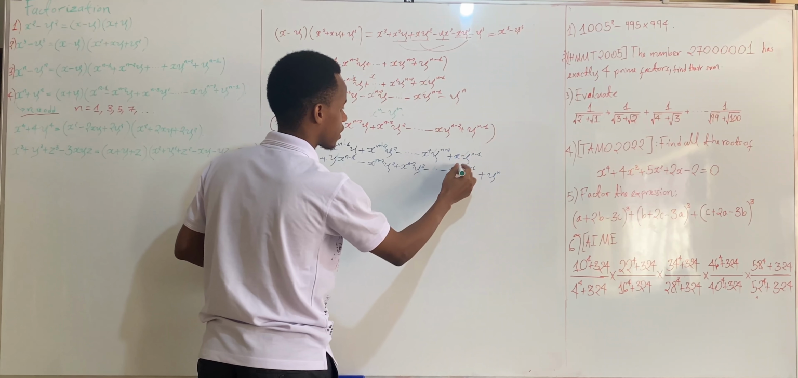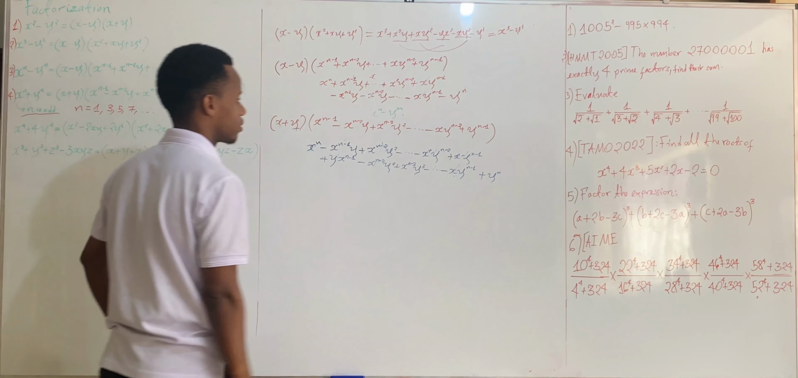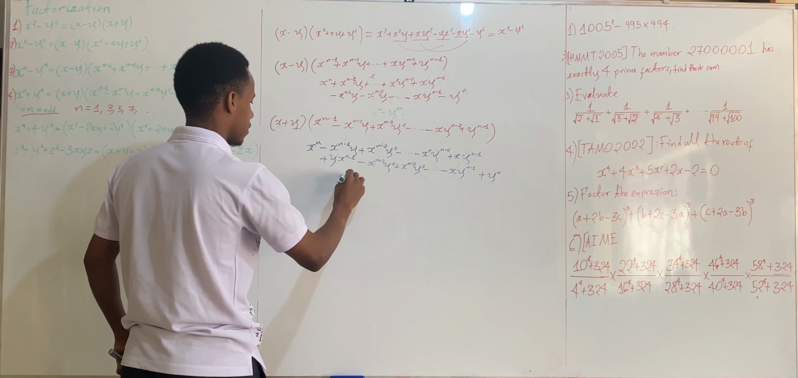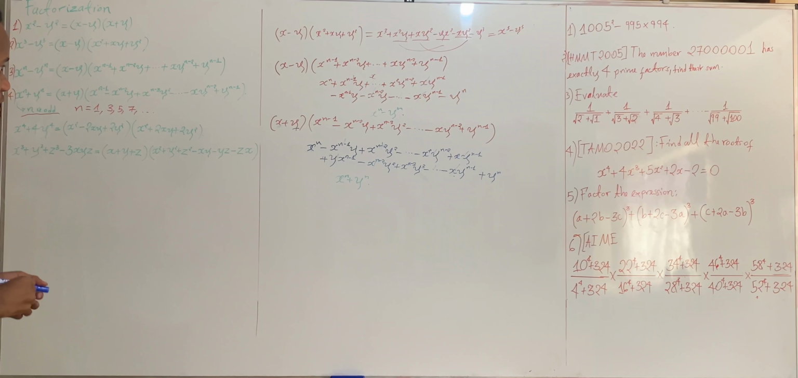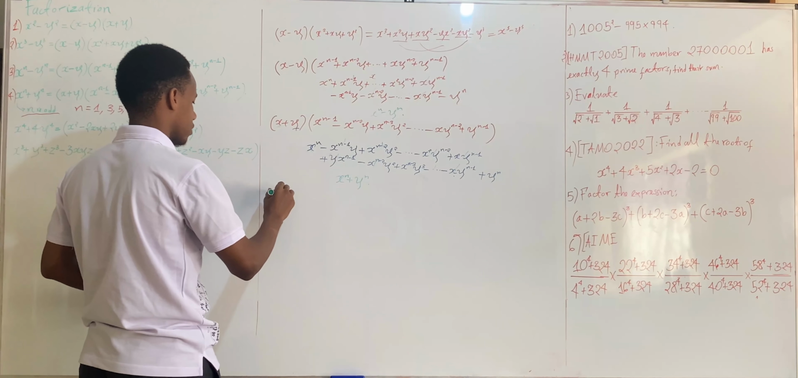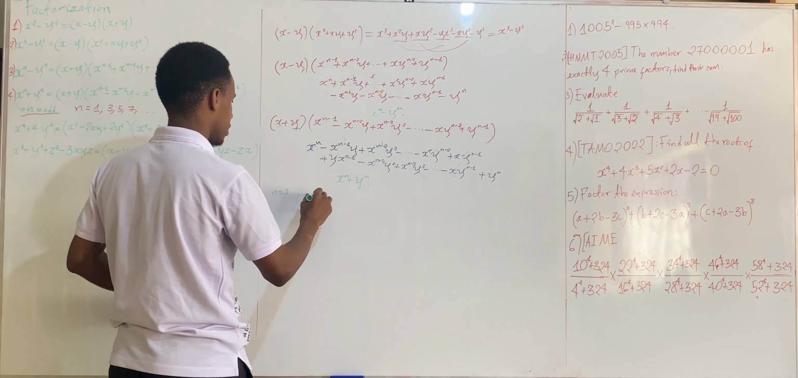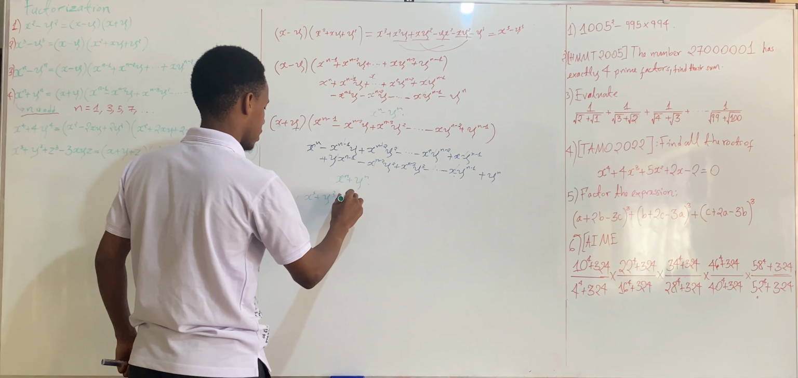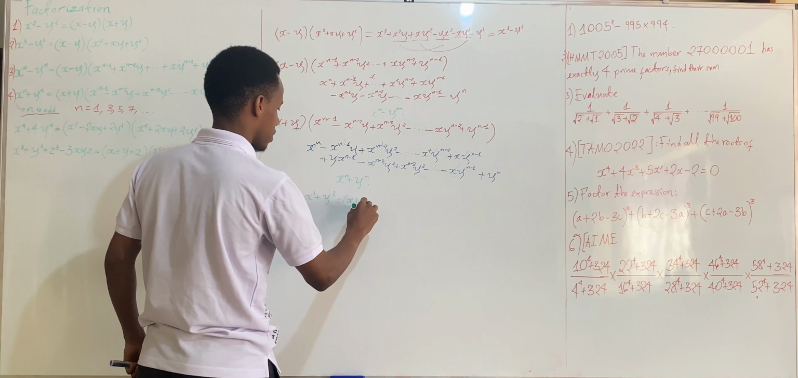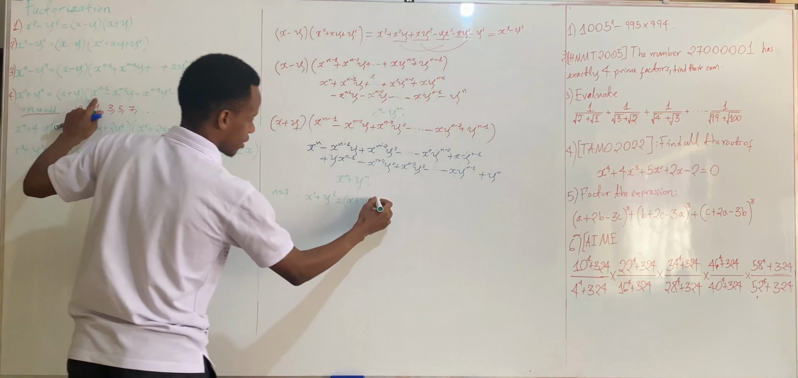The only terms which will remain in the end is x to the n plus y to the n, which is what we wanted to show. So, for example, if we plug in n equals 3, then we will have x to the 3 plus y to the 3 has to be equal to x plus y, then plus the